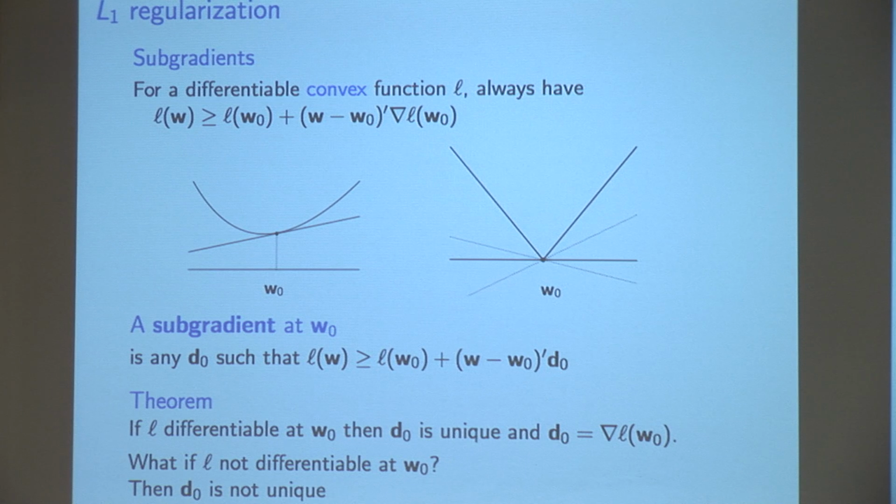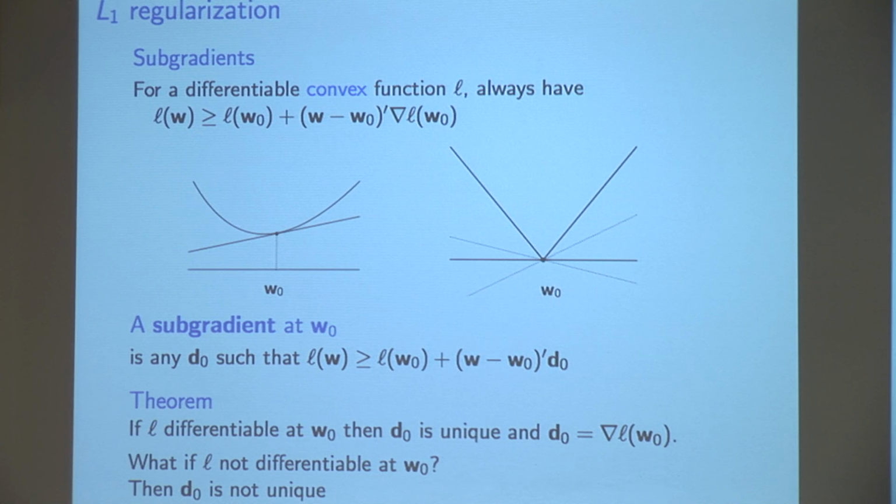Now, in a minimization context, in a differentiable case, we're all interested in the zero gradient vector, which means the function's flat, we're at a local minimum. In this kind of context, you will never find that zero vector, because at the minimum there's a whole family of vectors. What's important in an optimization context is just that the zero vector is one of the supporting hyperplanes.